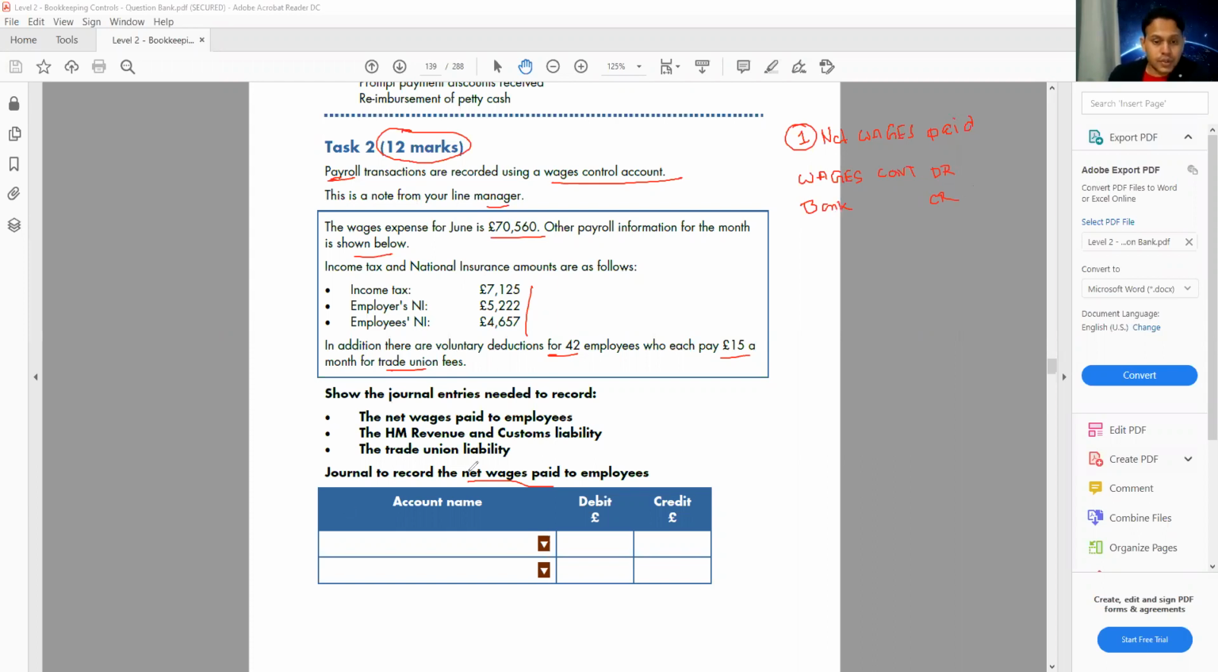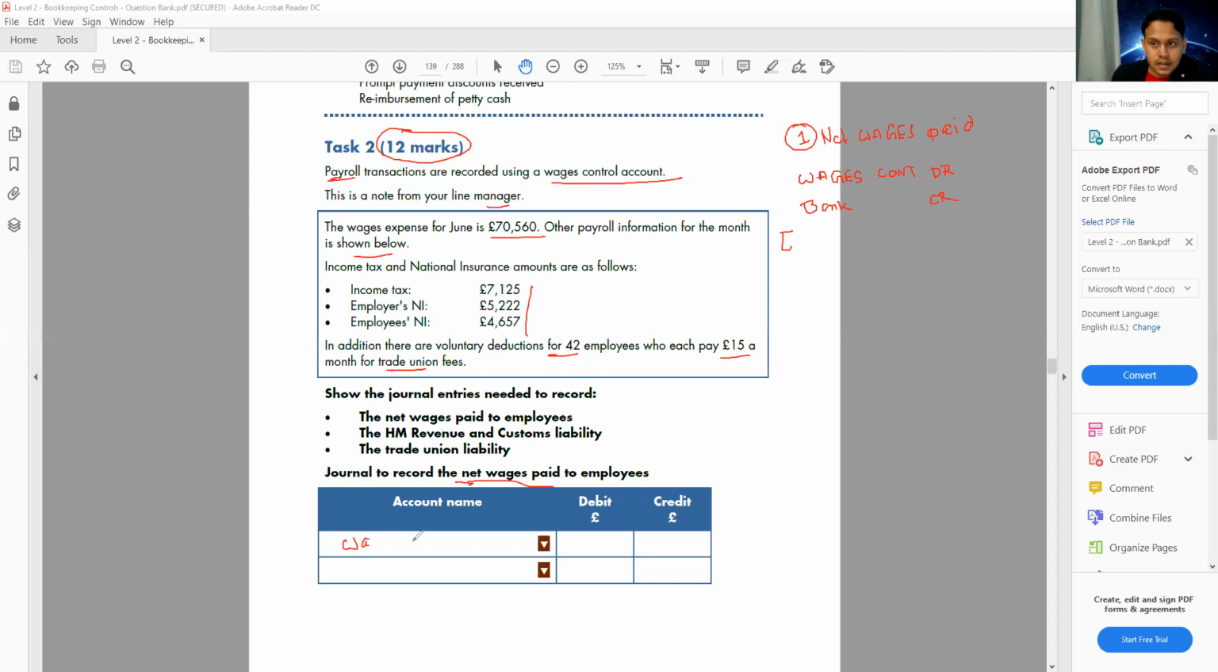So we are doing the net wages paid, not wages expense, Sharon. Wages expense is for when they're asking to record the wages expense. This one they're asking net wages paid. Very, very careful. Now our journal is done. The next thing is how much will be the amount. So we're going to write here